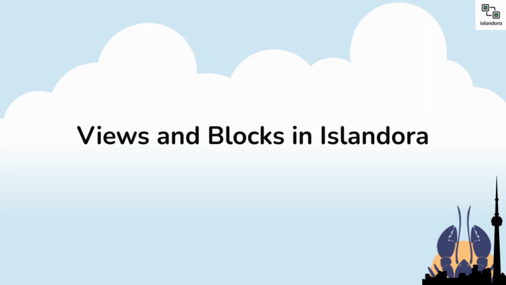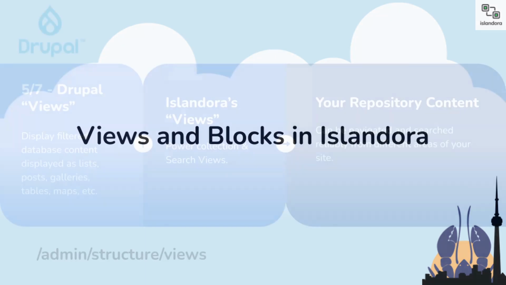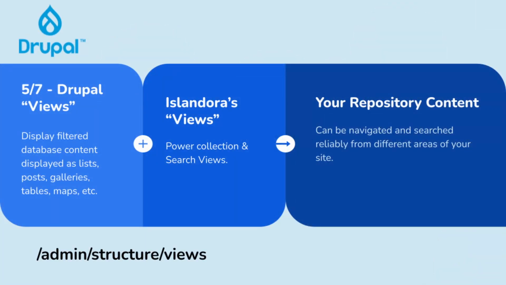So this is where we go into, we've got a little bit more time, I think. I think we're going to go for another 15 or 20 minutes. So Drupal views are displays that filter database content, and you can display things as lists, posts, galleries, labels, tables, maps, etc. And Islandora's views are used largely to power collection and search views. And this means that the views allow your repository content to be navigated and searched reliably from different areas of